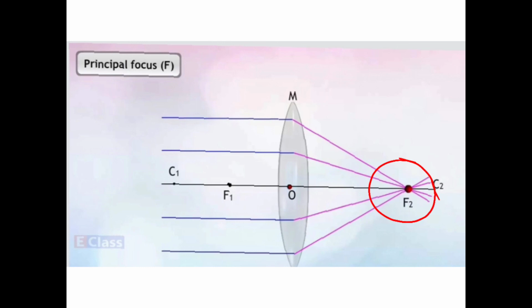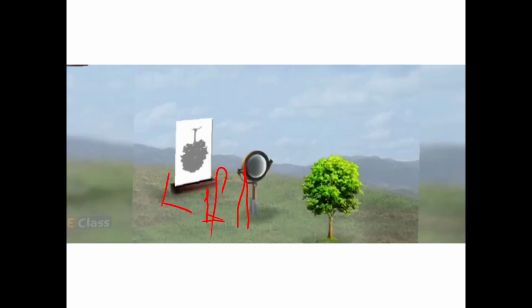Okay, as I told you children, all the rays converge. So wherever the convergent point is, there you will get a clear image. So here this is the point, you can adjust the screen up and down and you are going to get the clear image. So suppose here I got a clear image, right? So the distance between this screen and the optical center, which is this point, this distance is nothing but the focal length.